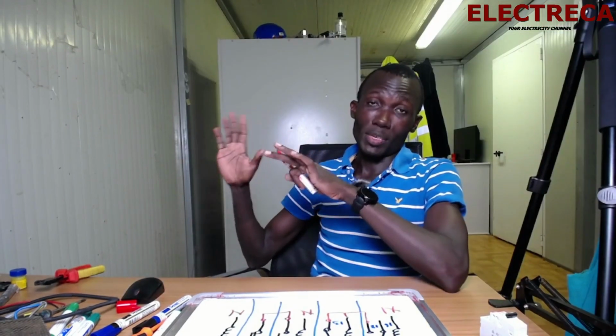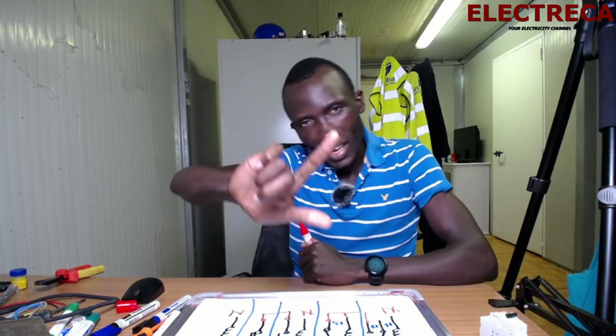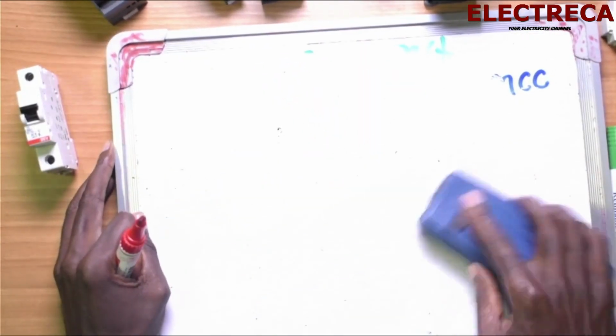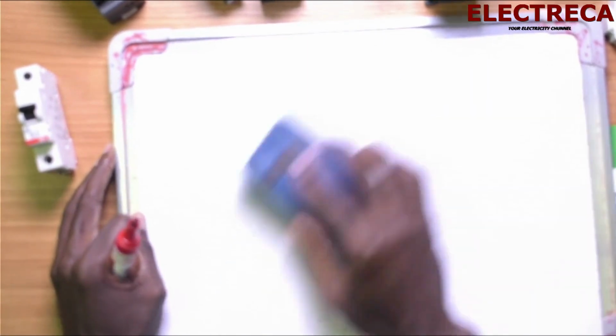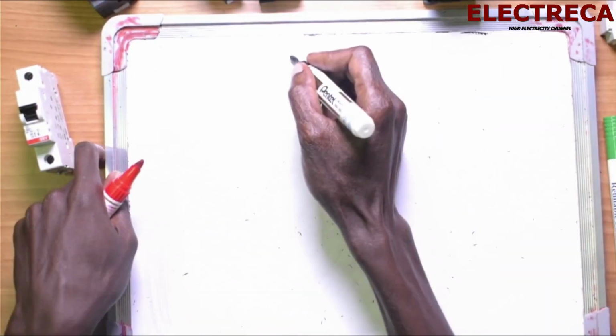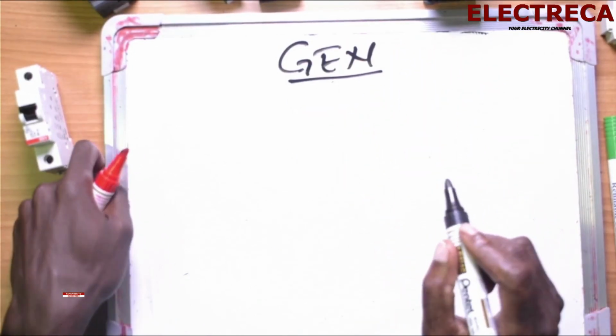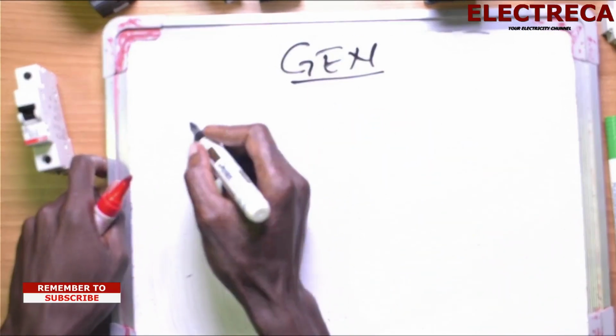Now that has been step by step. So that's the control circuit for a main generator, or main circuit, or the main contactor. You're done, okay. Don't get confused, you're done. Now let's go ahead and now do the generator contactor, okay. Take note that you'll use it as a reference, okay. Now gen, okay, so with gen we have our timer first,